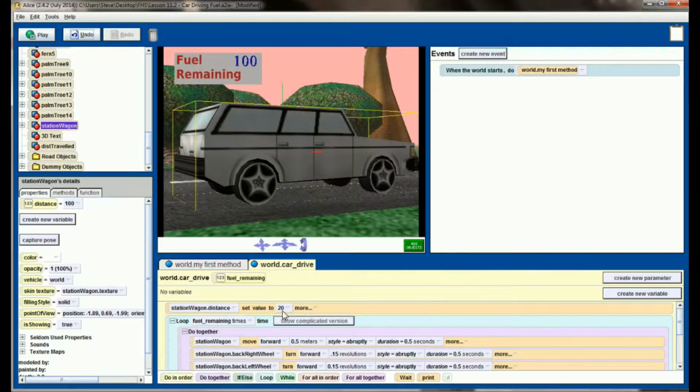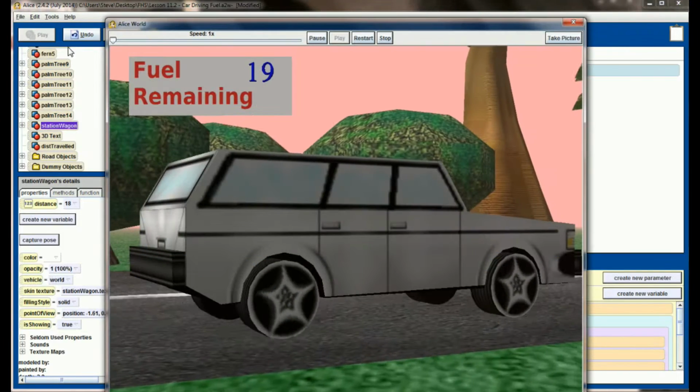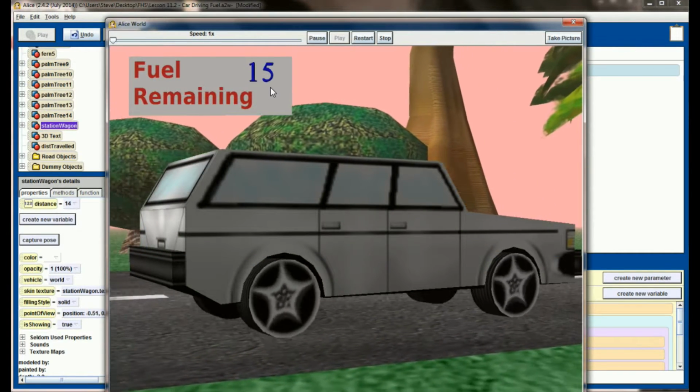So instead of starting it at a fixed number 20, I'm going to set it to the same number that I have fuel remaining. So fuel remaining will be the number of times this program loops, as well as the initial value for my fuel remaining billboard. This way, when the program runs, it should always sync up fuel remaining on the billboard and the number of times the program loops. So hit play, and we can see we start at 20, we start counting down,